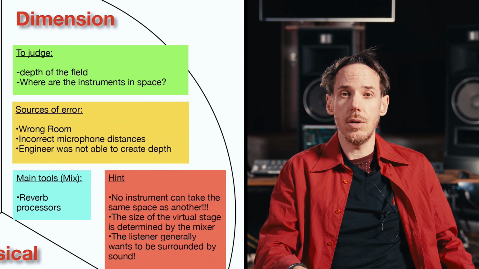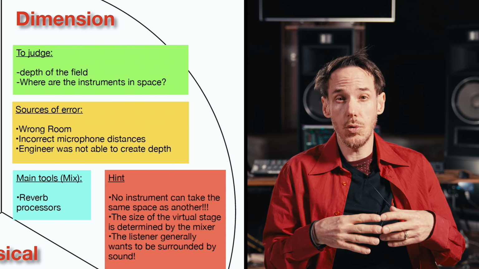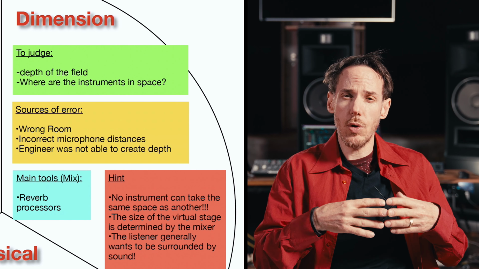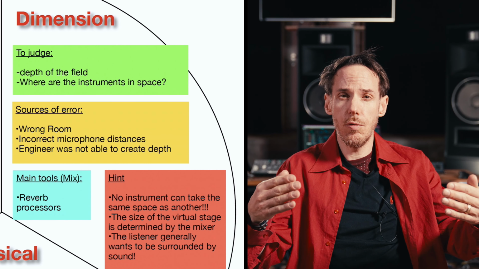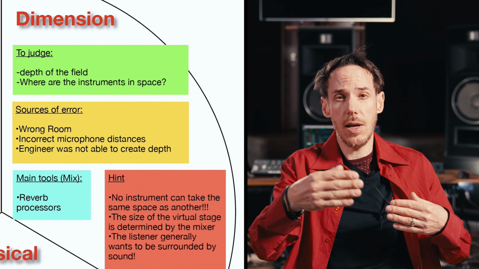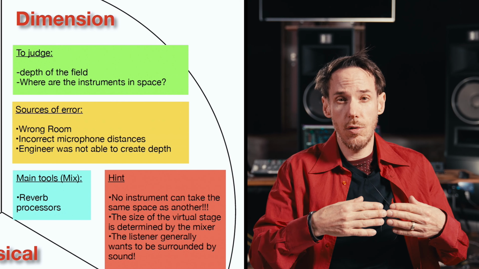Then we have dimension, the second thing. Totally underrated and extremely important. As I said in my reverb Bible, no great mix without a great depth of field. If we don't have dimension, then we don't have depth of field, and then we cannot localize things. There is one rule: no instrument should share the same place as another instrument. If your guitar stands in the snare drum, that's a huge fight. And moreover, it's something that could not happen in nature. At a concert, the guitar cannot stand in the snare drum.